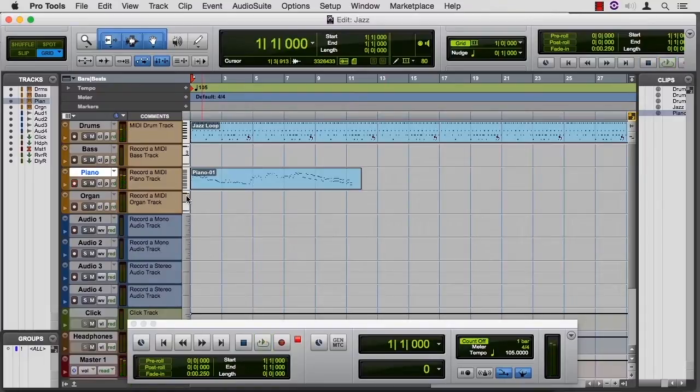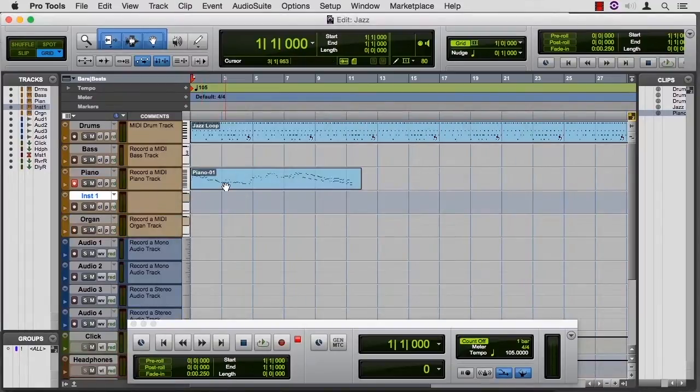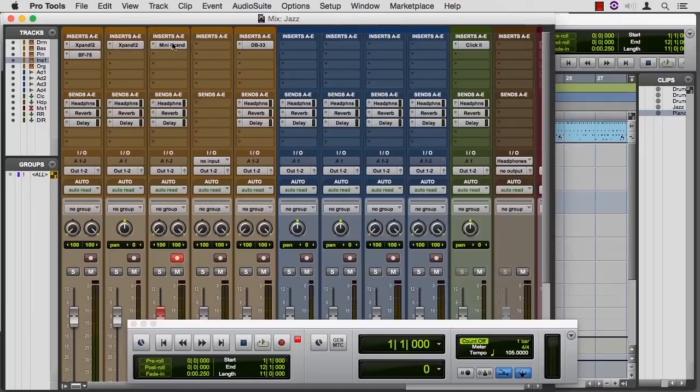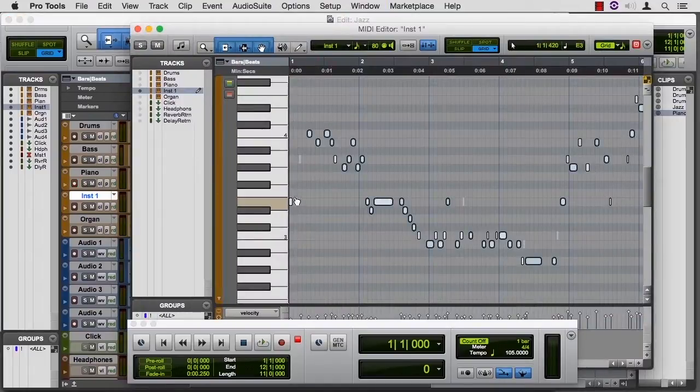Let's pretend we're Oscar Peterson, and we'll do a stereo instrument track. Option or Alt on the PC, click and make a new track. We'll Option drag that piano over there. We'll take these notes, transpose them back in the edit window. Various ways to transpose them, but I'm just going to grab this E and